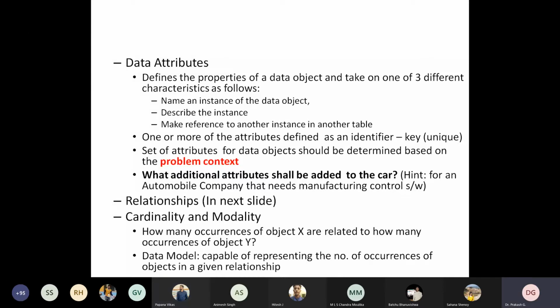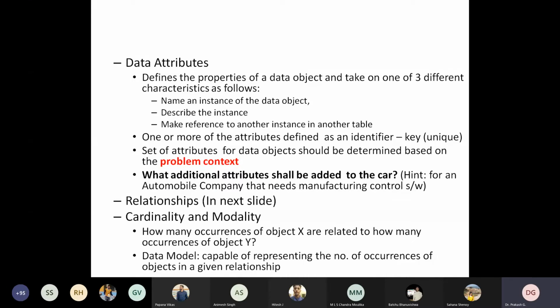Fine. Very good. So you can instantly say some of the additional attributes that can be added to the car. Now I am giving one hint also. For an automobile company that needs manufacturing control software, what additional attributes can you define for the car? You just understand the question.